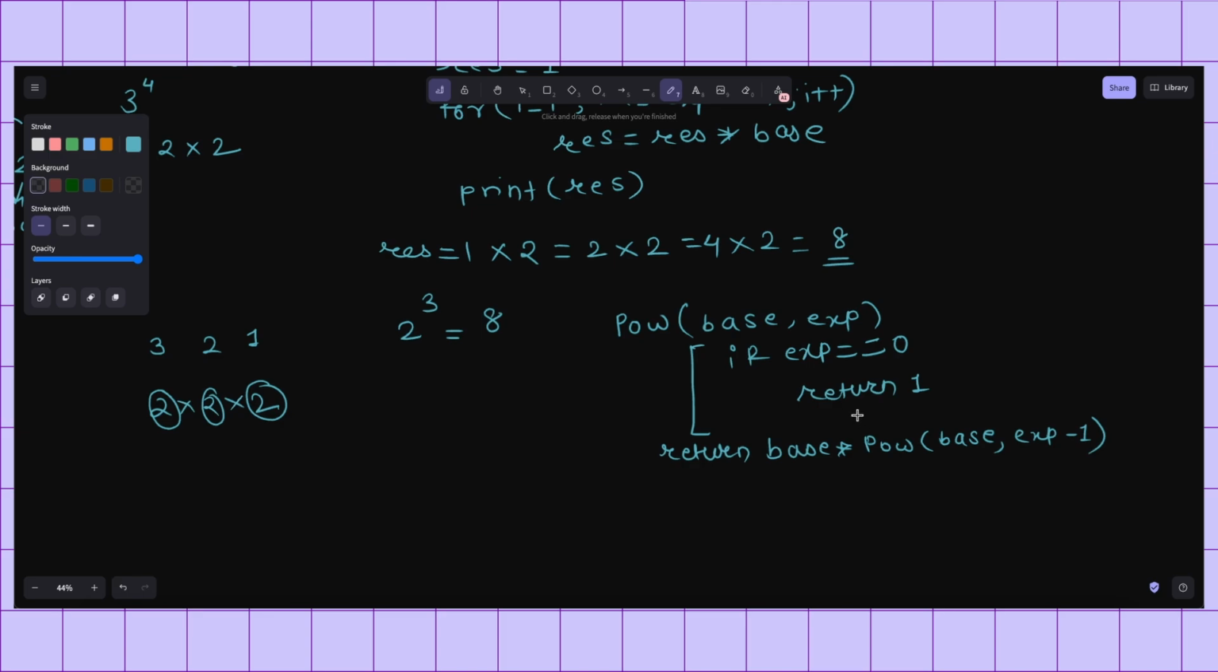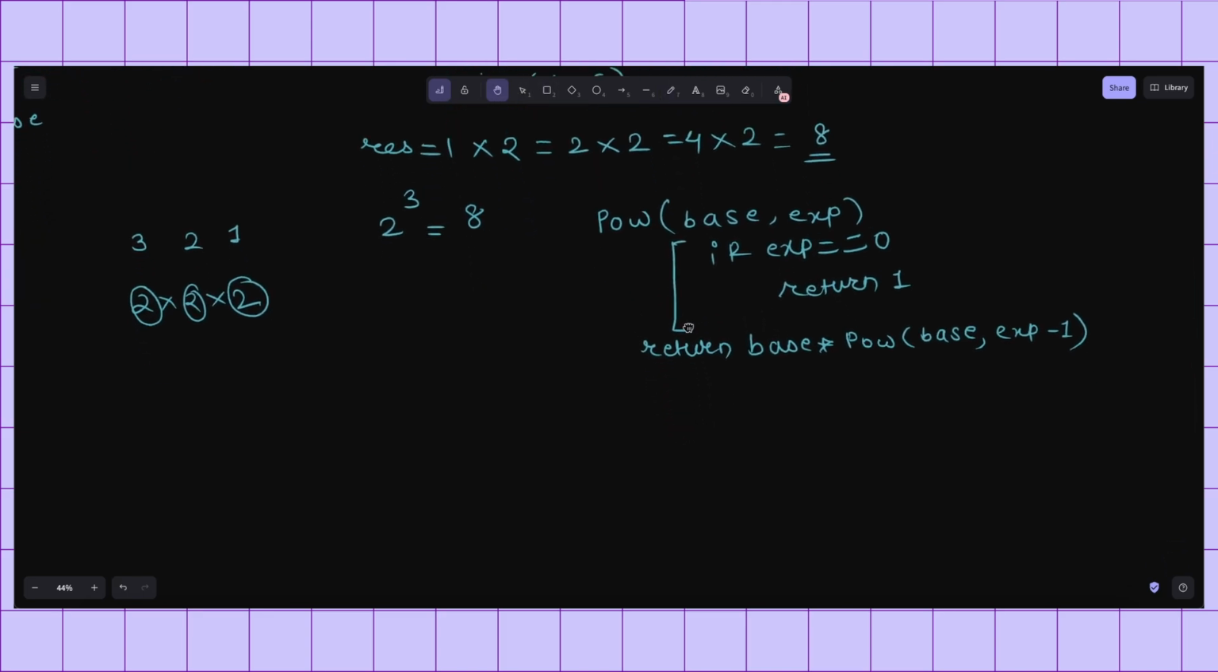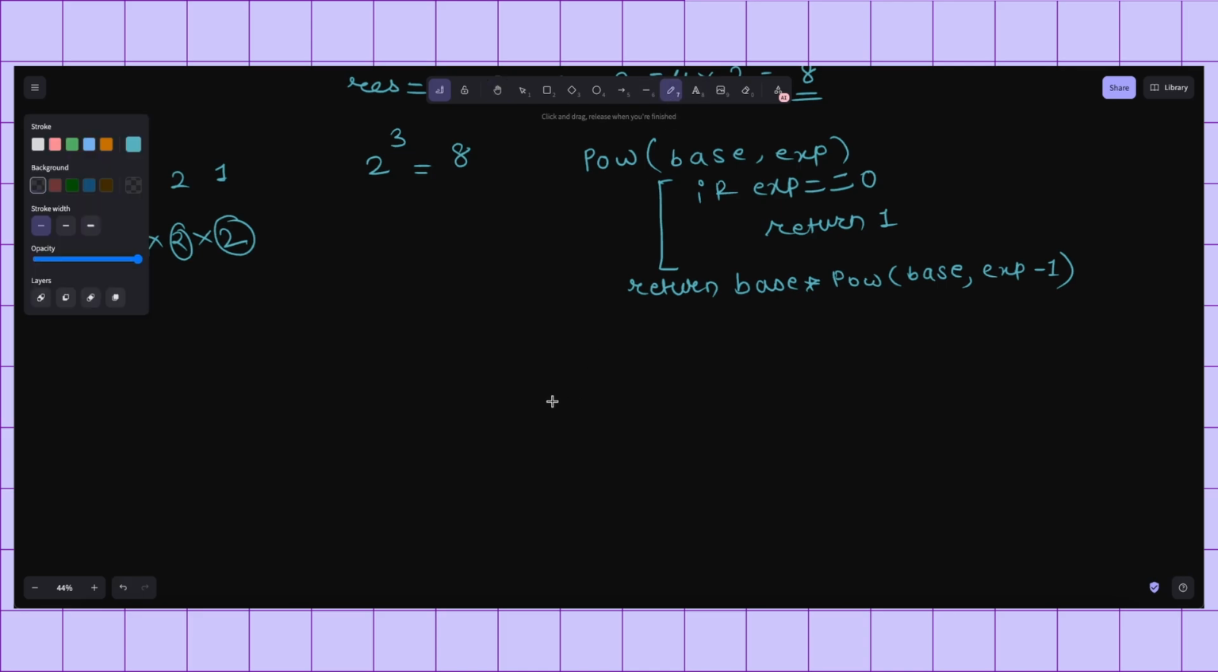Okay, so let us do the dry run here. Okay, now let me take it upwards. Let's do the dry run. So the dry run is for 2 cube, which is 8. So power of 2, this is the base, and cube, that is 3,